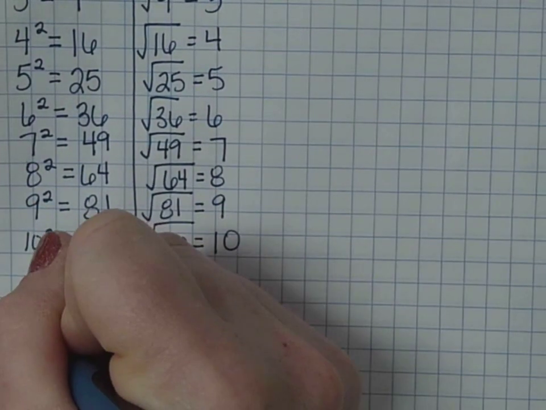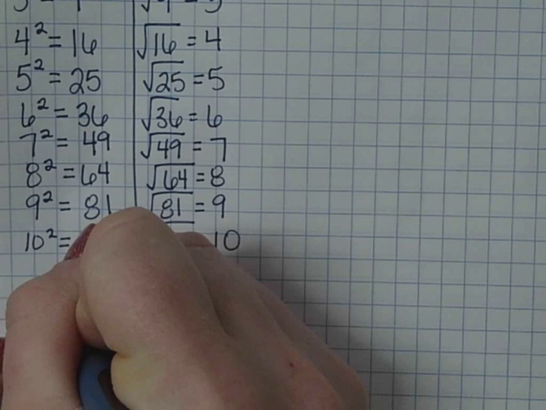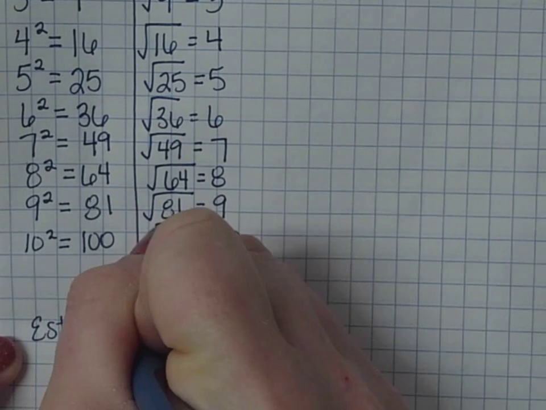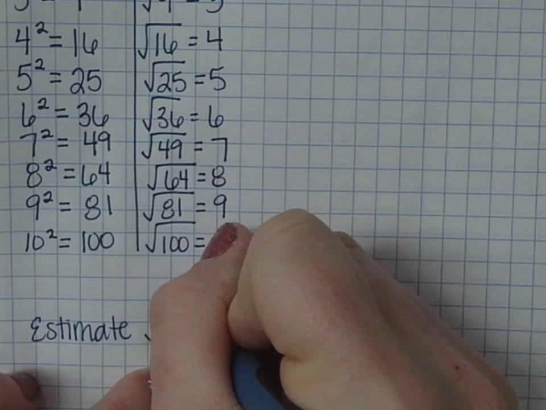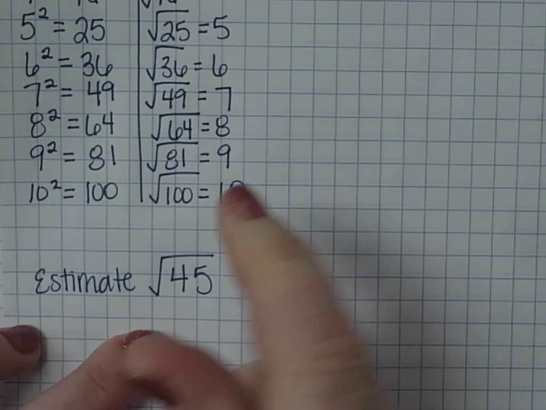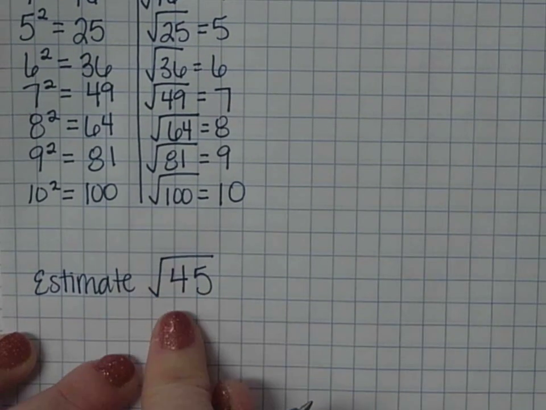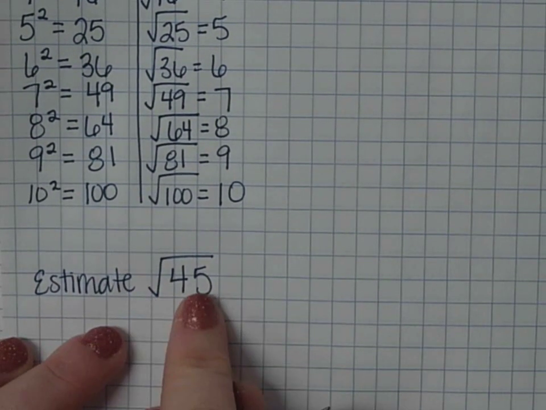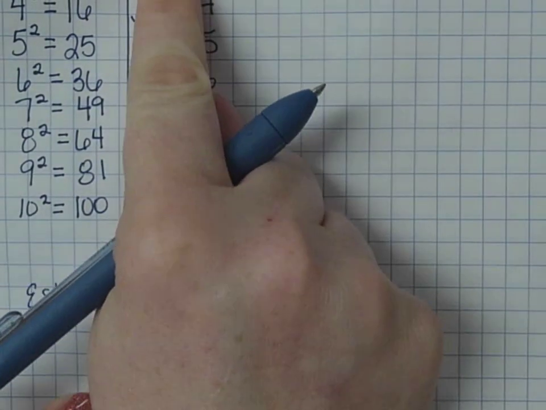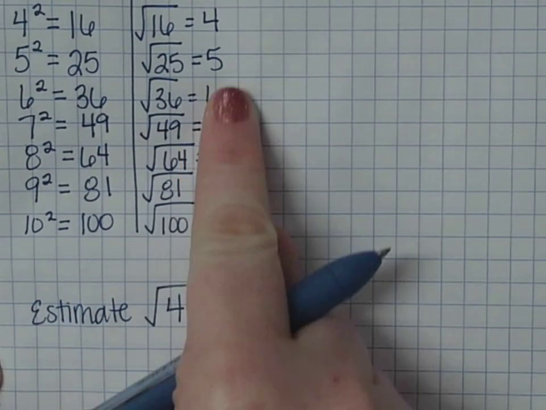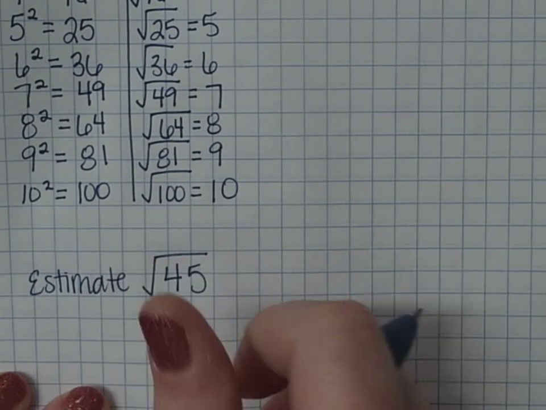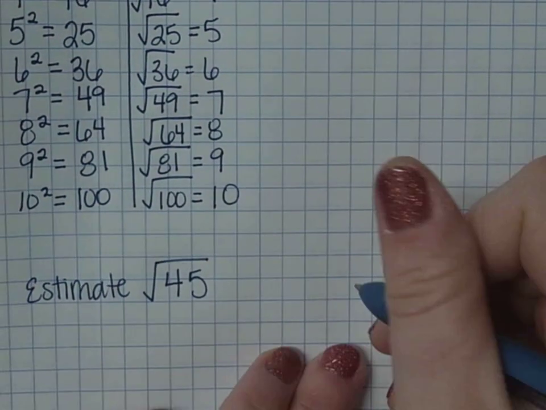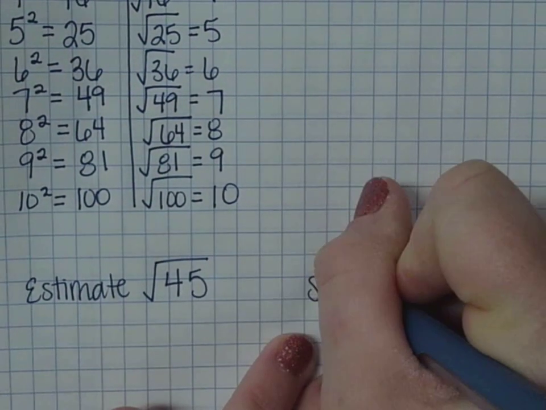So if I want to estimate the square root of 45. So if I want to take the square root of 45, it's not one of these perfect squares, so we can't just write a number. We know it would be a decimal. So to do this, the first thing you're going to do, step 1,